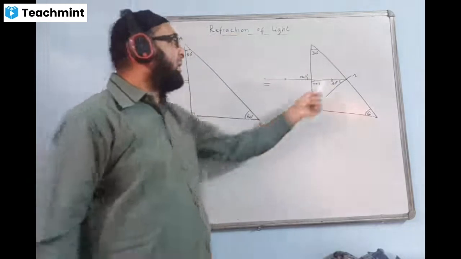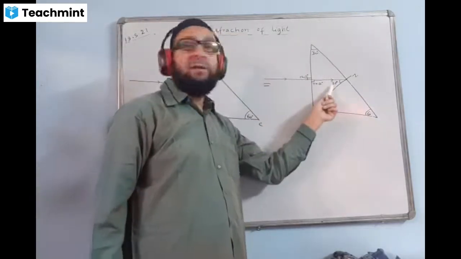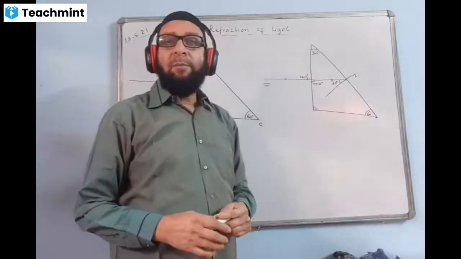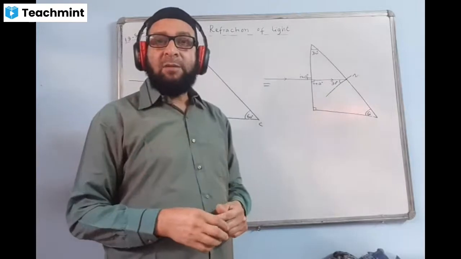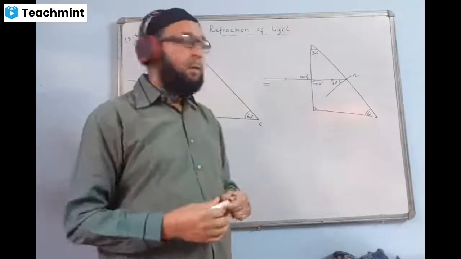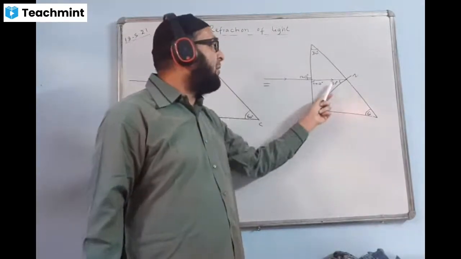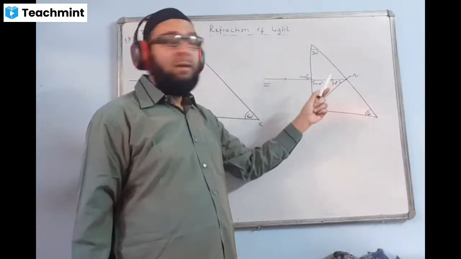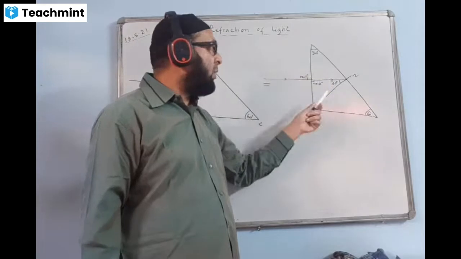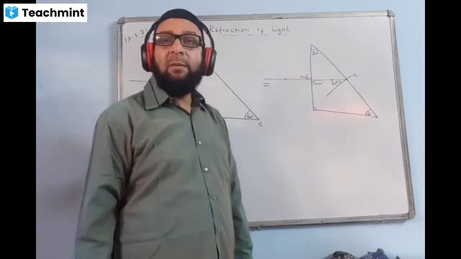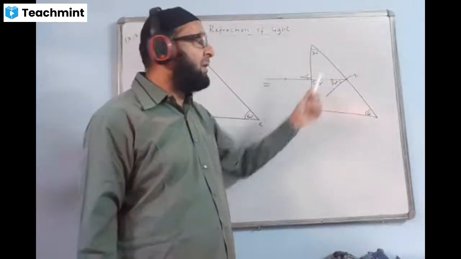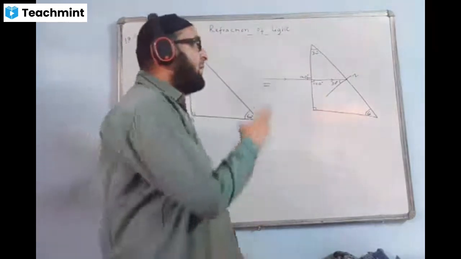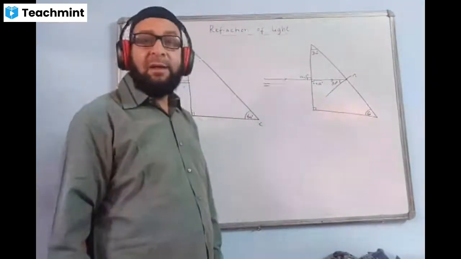Now I see this is glass, this is air, this is the angle of incidence. Mainly we check this when the ray travels from the denser to the rarer medium. Now we'll compare this angle with the critical angle. Is this angle less than, equal to, or more than the critical angle? The angle of incidence is 30 degree, less, because the critical angle value is 42 degree.